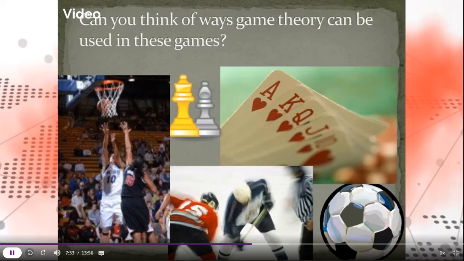There's no pressure on you to come up with something, but if you can tax your brain a bit and come up with situations where, in a game of, let's say, hockey, chess, football, cards, basketball, cricket or any other game whatsoever, you can use game theory and analyze the situations over there. Any simple situation. If you can, it will be very nice. It will be a good exercise for your brain.